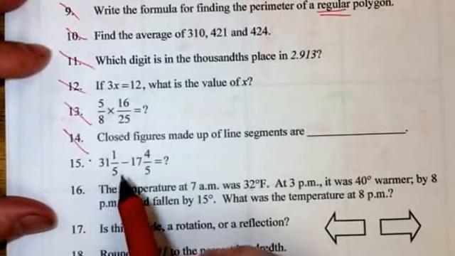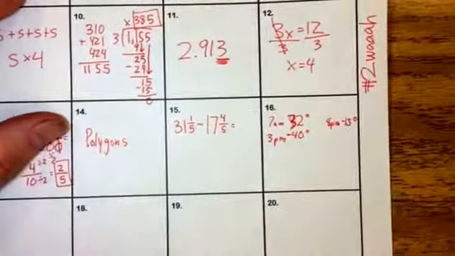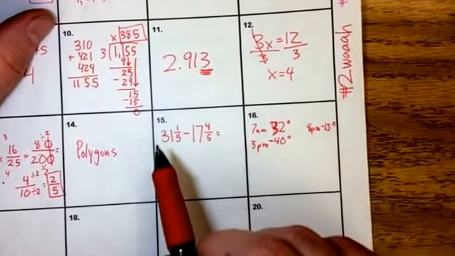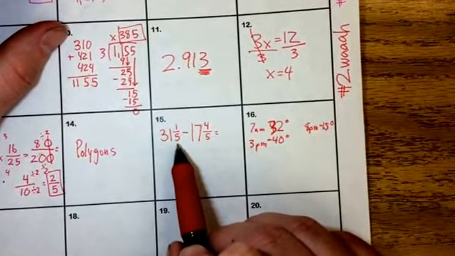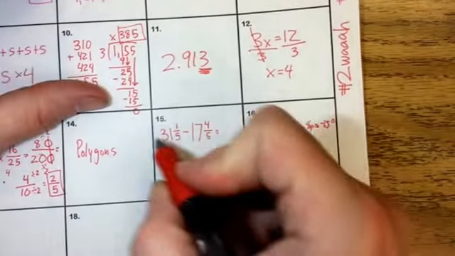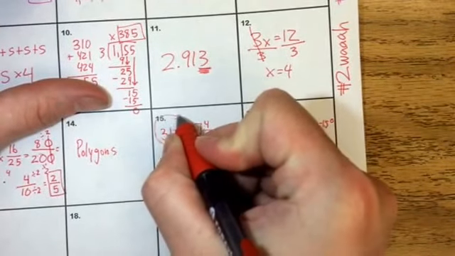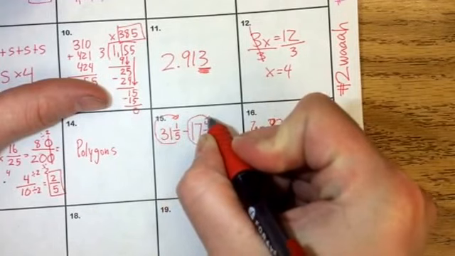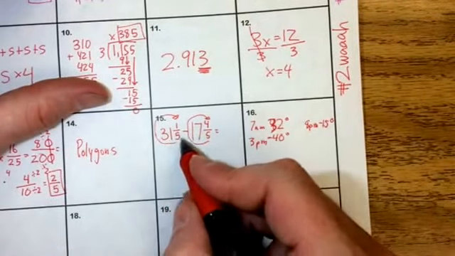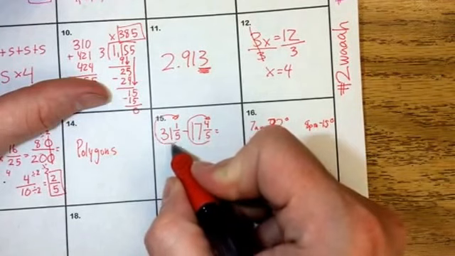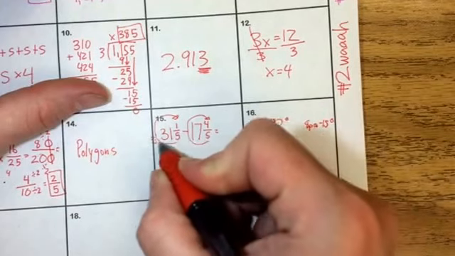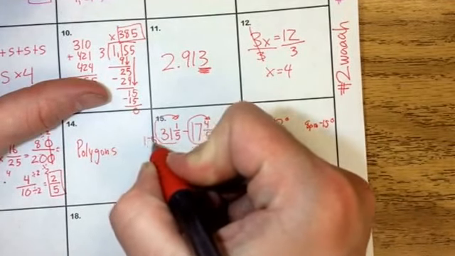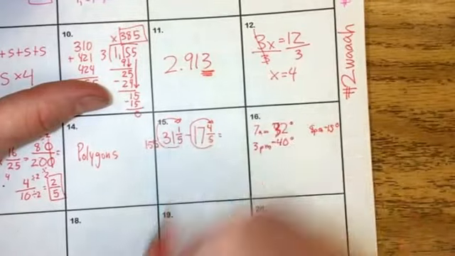All right, and then number 15. We're looking at 31 1/5 minus 17 4/5. They did not make this problem easy on us, because I can subtract 17 from 31 easily, but I cannot subtract 4/5 from 1/5. So I'm going to have to turn these into improper fractions by doing the old loop-de-loo on both of these. 5 times 31. 5 times 1 is going to get me 5. 5 times 3 is going to get me 15. So I get 155 plus 1 is